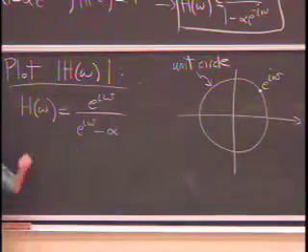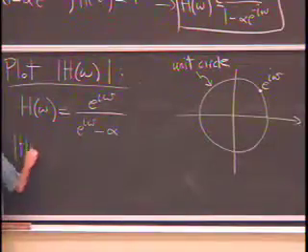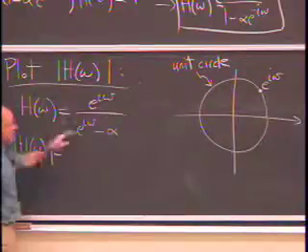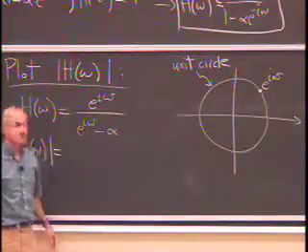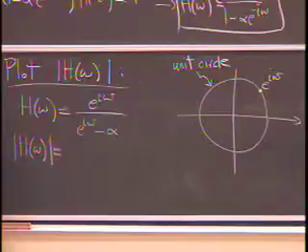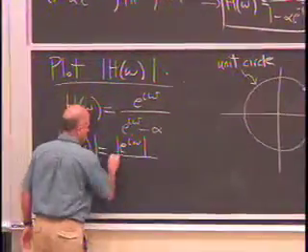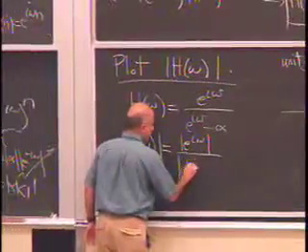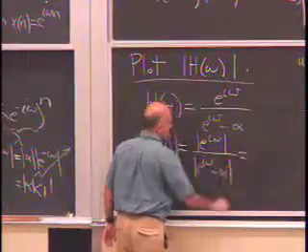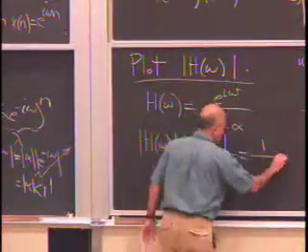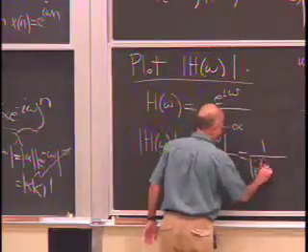When I look at the magnitude of this function, magnitude of a ratio is what? Ratio of the magnitude. So I have the magnitude of e to the I omega over the magnitude of e to the I omega minus alpha. And what do I have in the numerator? 1. So I have 1 over the magnitude of